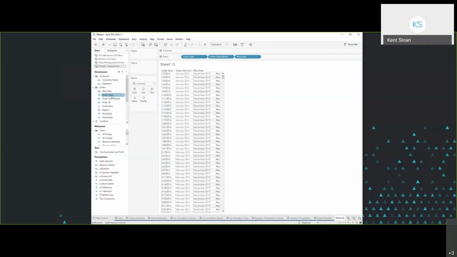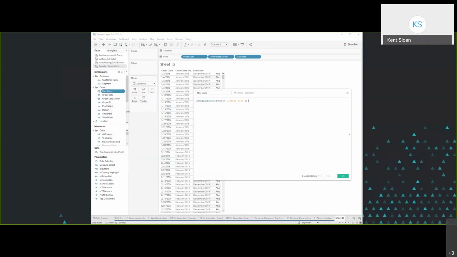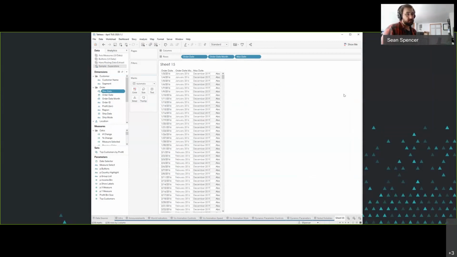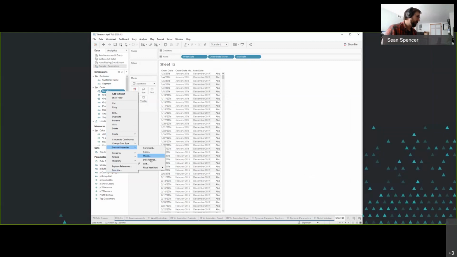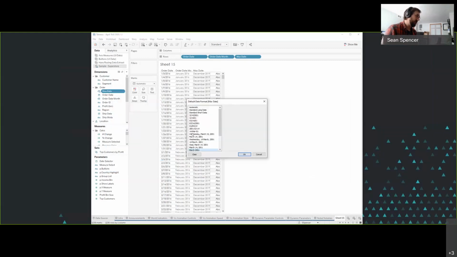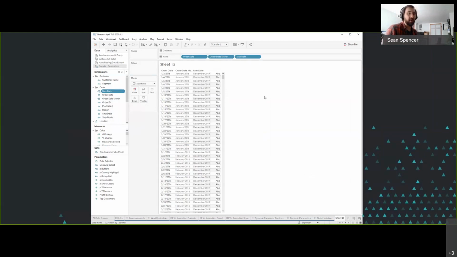So as long as in your calculated field, you adjust the format to match the exact format as the field that's being populated, then you'll be able to use it to drive the dynamic parameter. And by format, I mean the specific date type format or number type format.